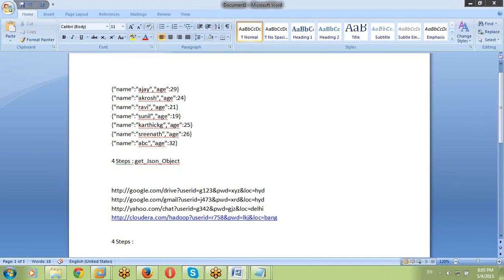XML data, yes, we know root node, end nodes. Comma delimited data, we know commas are there. Similarly, JSON data, we know some objects are there, open and closing.